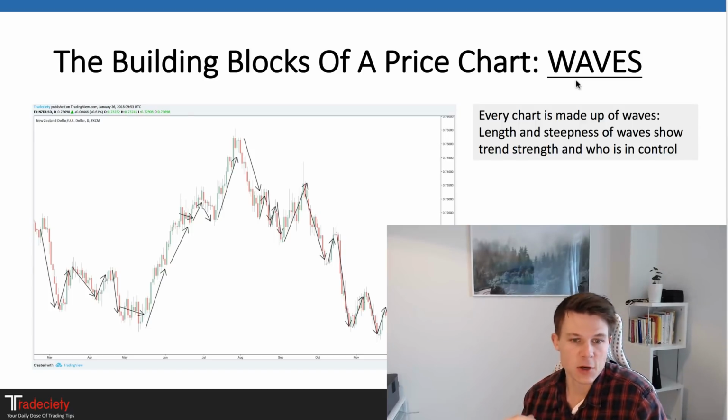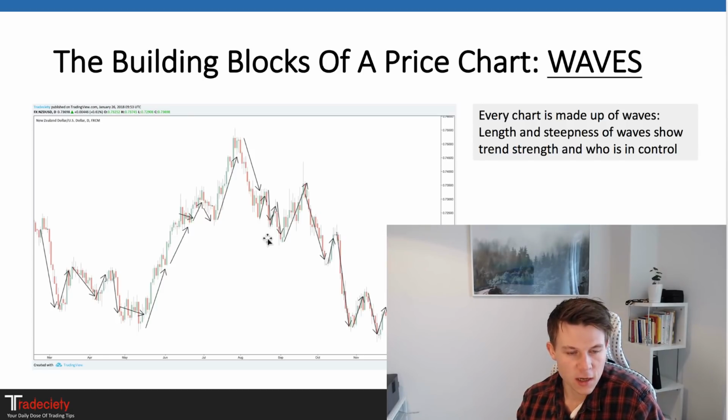Very important to understand in this context is that the length and the steepness of those waves can tell us a lot about the trend strength and who is in control. Is the market going up very strongly, like here with those strong trend waves? It means that we have a lot of buyers. Do we see small consolidations during such a period, like here or here? It means that the sellers are not really interested in the market and they are not really interested in driving the price down. So it is likely that we are seeing a continuation and so on and so forth. So trend strength and the waves in general tell us a lot. And they are the building blocks of all chart patterns, chart formations, as we will see.